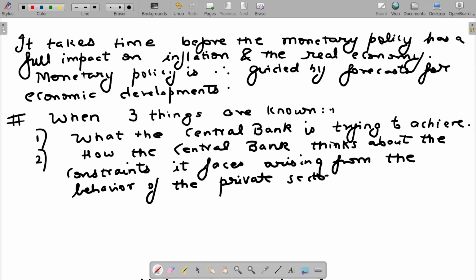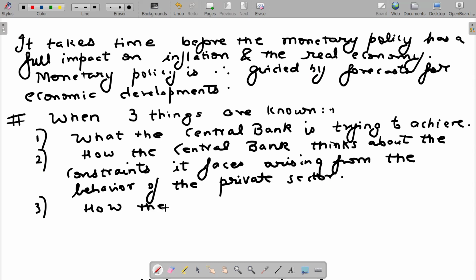The central bank also has to think that when it's going to design its monetary policy, what are the constraints it's going to face from the private sector? Remember, the private sector also has a significant impact on the policies taken by the central bank. The central bank has to take into account how the private sector will respond, or what are the constraints it is going to face from the behavior of the private sector when it changes its interest rates and so on. The third question the central bank needs to ask is how